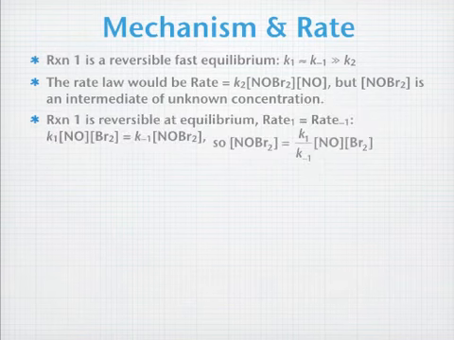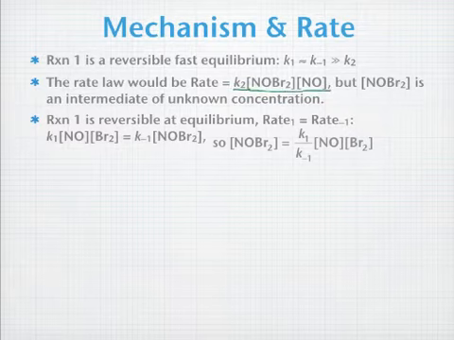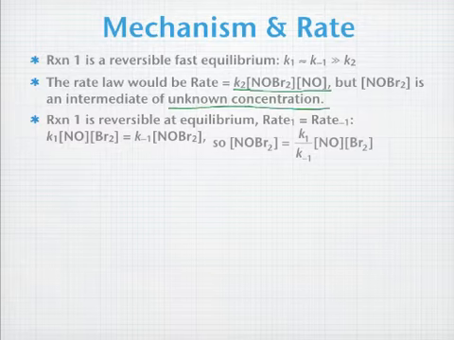So as I said, reaction 1 then is a reversible fast equilibrium, and K1 and K negative 1, the reverse rate constant for that reaction, are much, much larger than K2. The rate law would, if you look at the reaction, have the NOBr2 and the NO both first order, but NOBr2 is an intermediate, and we really don't have any way of knowing the concentration of this or controlling the concentration of this. So what we're going to do is go back to our first reaction and say, all right,